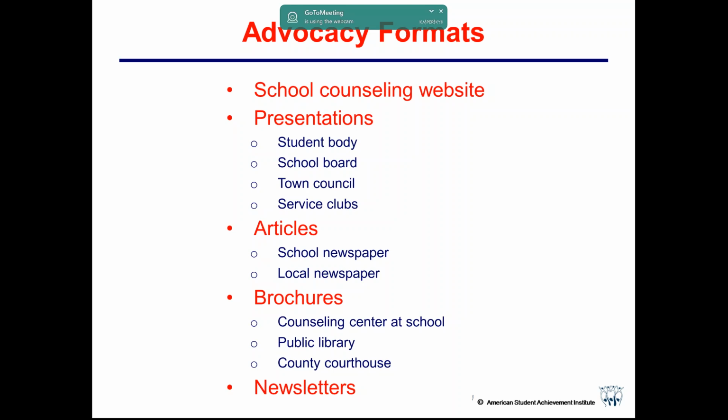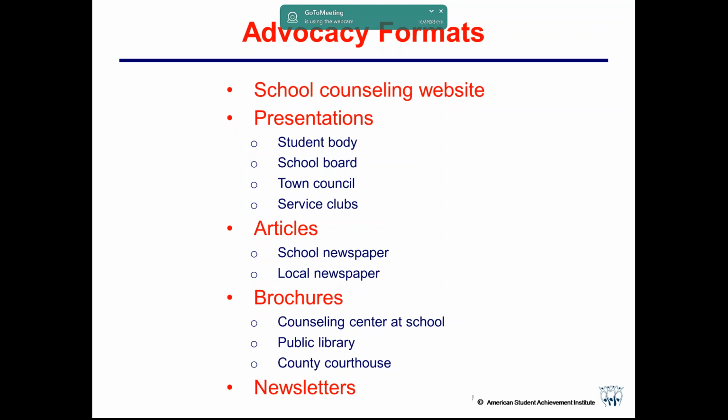And then finally, newsletters. So remember, in advocacy, one thing I think is a mistake that sometimes counselors make is that we're not advocating for school counselors. We're advocating for the school counseling program. And in order to deliver the program, of course, we have to have counselors.